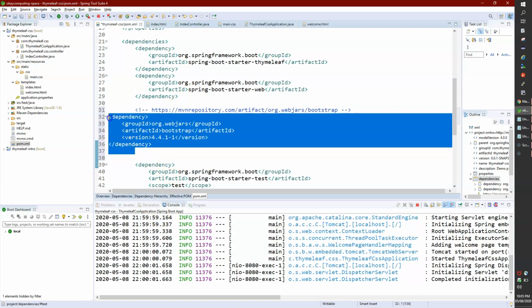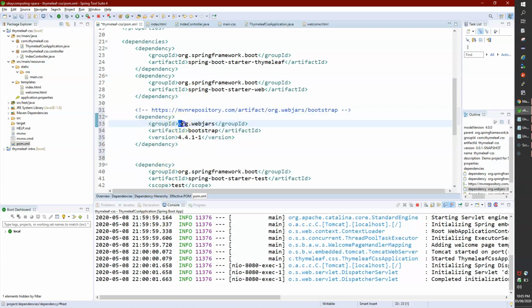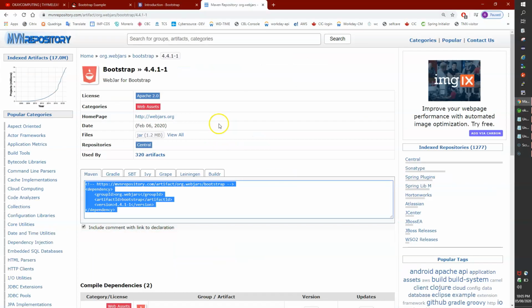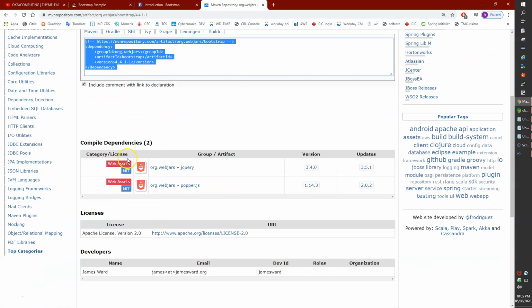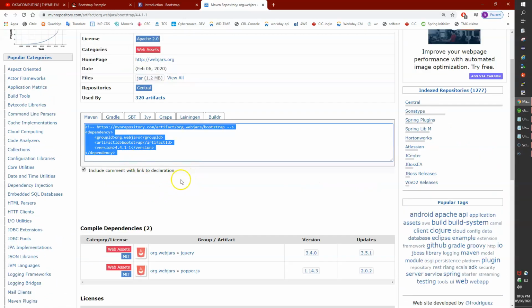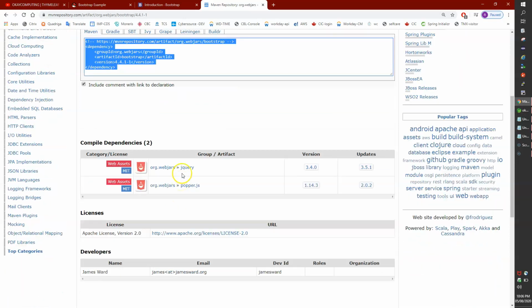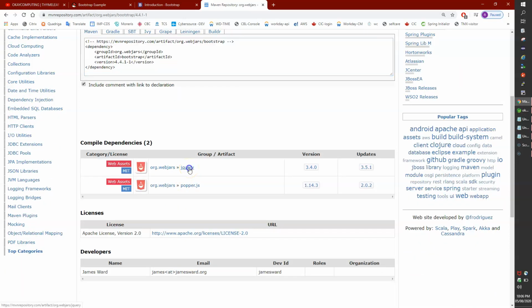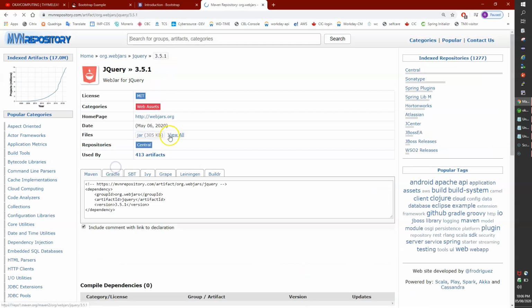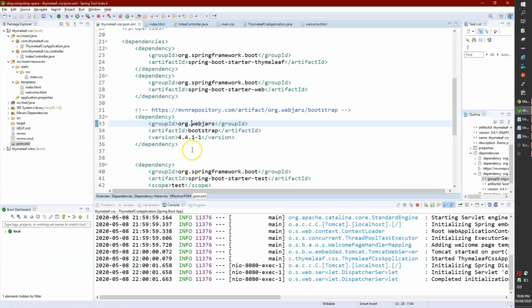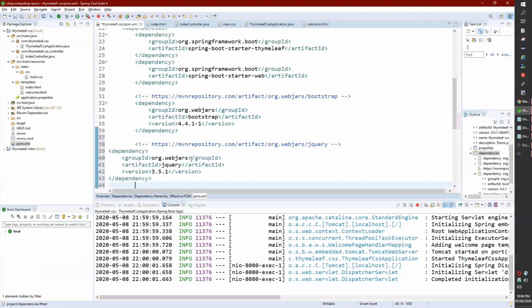Okay, so here you can see we have added the Bootstrap JS and CSS as part of org.webjars. WebJar is a library, and Bootstrap is part of WebJars. Not only Bootstrap, there are many other CSS and JS libraries. Now it has a dependency on other dependencies. Where do I see dependencies? I also need jQuery. I'll get the dependency 3.1 from here, copy it, and add it into my pom.xml file.